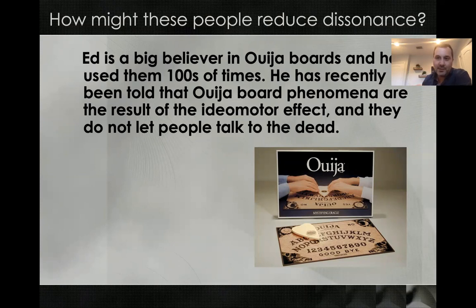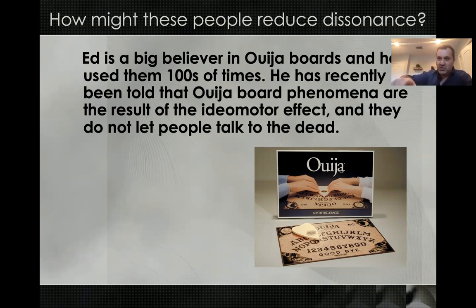But rather what happens is something known as the ideomotor effect. So the basic idea is that if you hold out your hand completely straight, as still as possible, you'll notice that you can't quite do it. There are little tiny shakes and tremors in your hand. And what happens is that when you lay your hands really gently on the planchette, those little tiny tremors